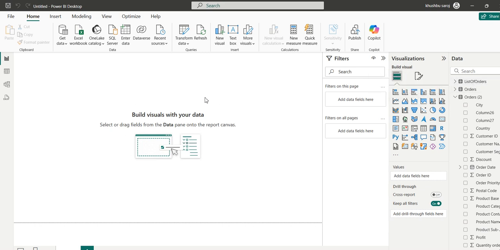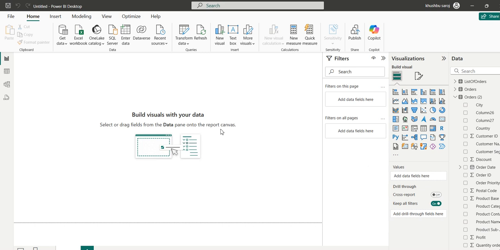So if you want to generate any chart using the Excel file, so basically Power BI is a visualization tool which helps you to visualize the data in different formats. For example, charts or graphs or columns. So these are the formats using which we can view the data. It is easy to understand and analyze the data.